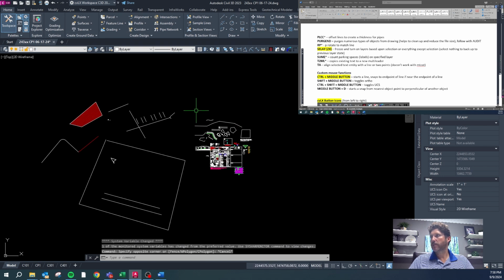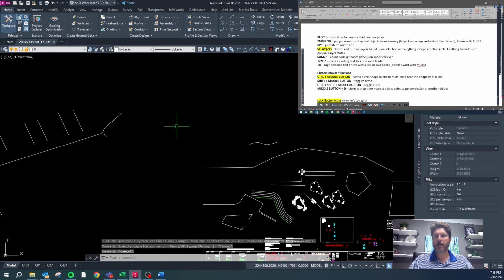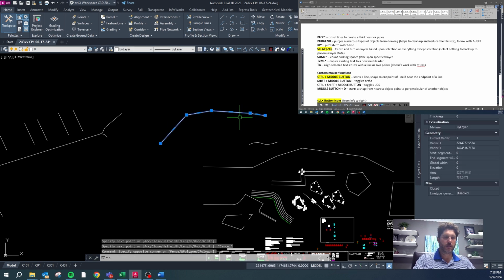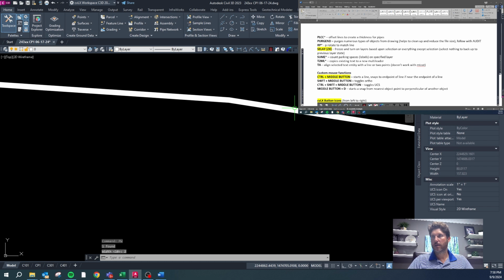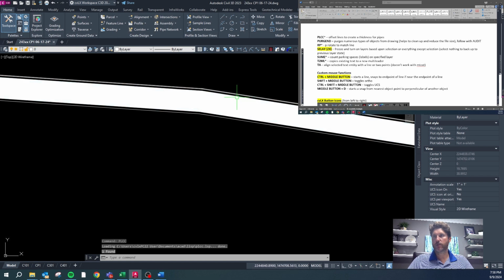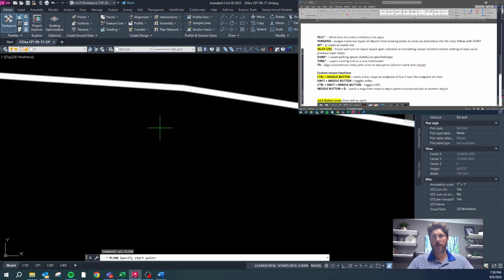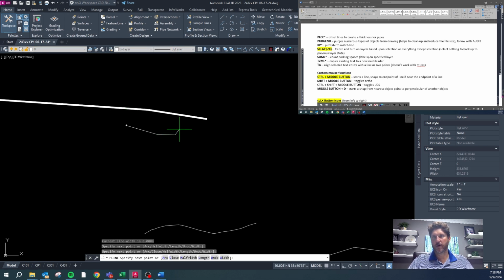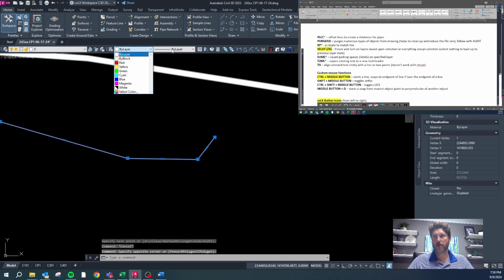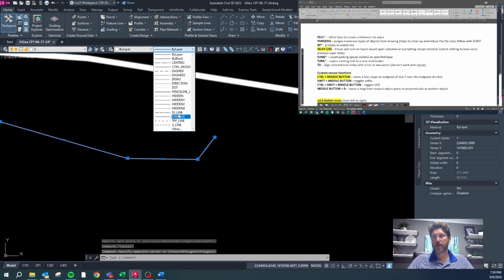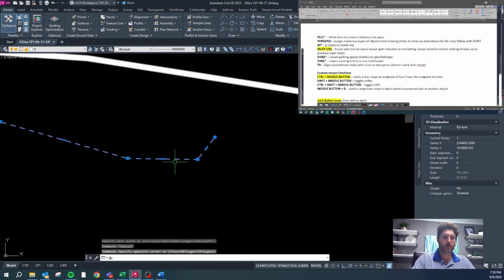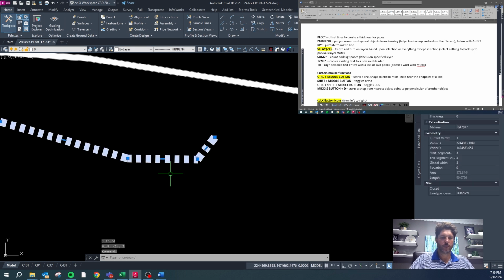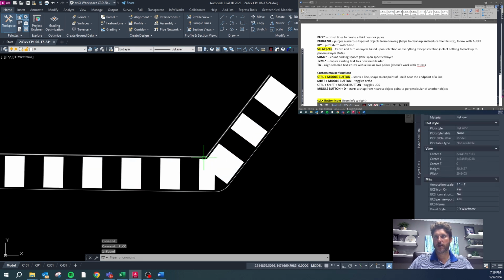Okay, PLCC offsets lines to create thicknesses for pipes or retaining walls. So let's say you had some pipes or a retaining wall like this, and it was 2 feet thick. If you use PLCC, it's going to offset that, I think, 0.2 of a unit. And even if you have pipes or retaining walls that are striped or have some sort of different thing like that, PW3, PLCC will offset and then create